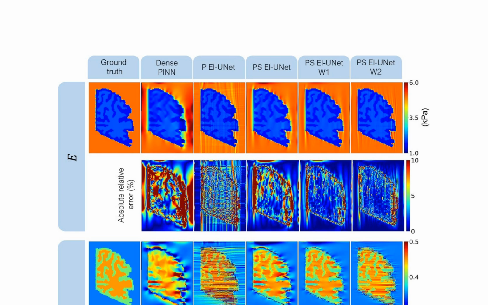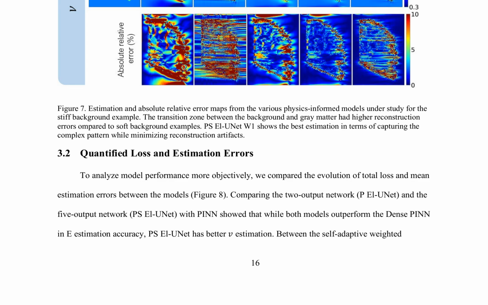The self-adaptive weighted El-UNet models, specifically El-UNet W1, show improved performance in capturing complex patterns while minimizing reconstruction artifacts. Notably, the stiff background example poses significant challenges to the models, with the transition zone between the background and gray matter being particularly difficult to reconstruct. The El-UNet models, however, demonstrate improved robustness in this region, highlighting their potential for accurate estimation of unknown parameters in